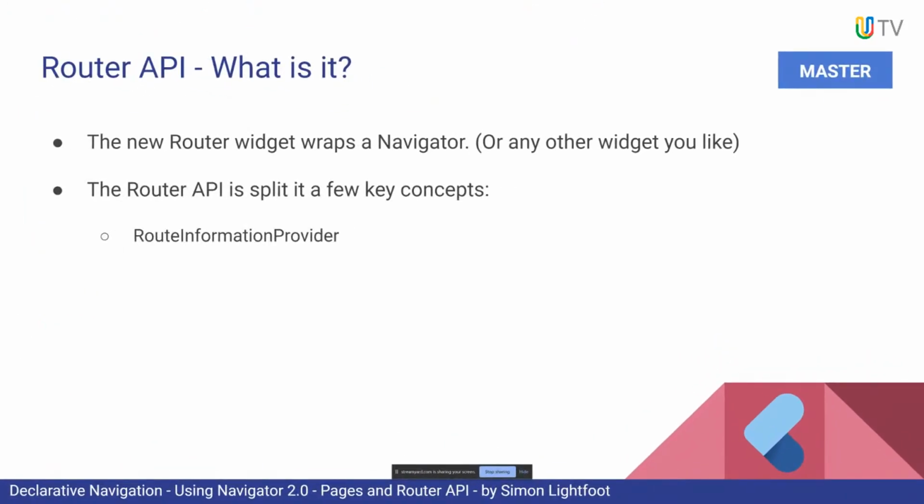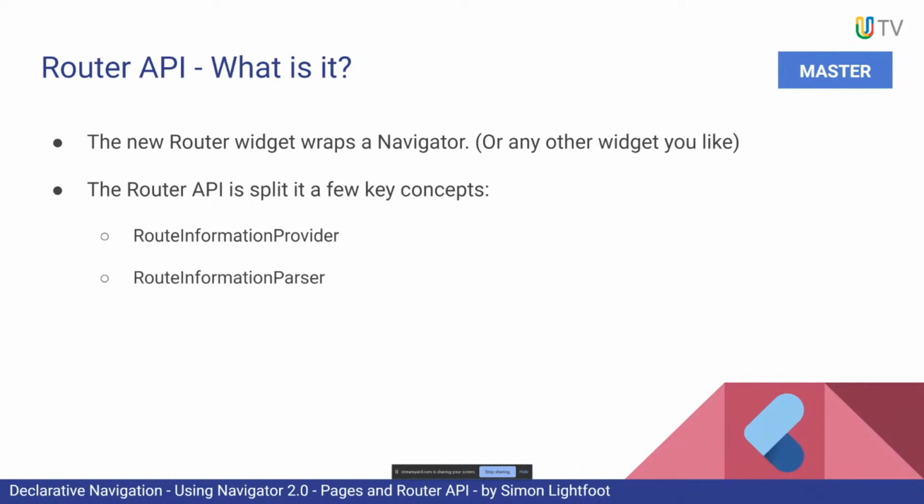Anyway, just a key point: the default one works the same way that we've experienced in the Navigator 1 API, and that is it uses WidgetsBindingObserver to observe the current widgets binding. That's one of the base classes of Flutter to monitor the didPush, didPop state of the UI, so that we can know when the operating system wants to push or pop a route. So you press the back button, for instance.